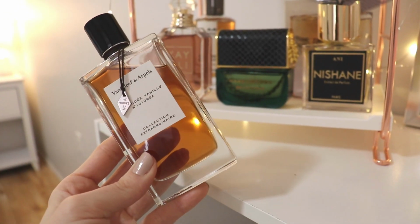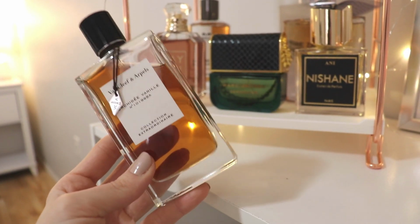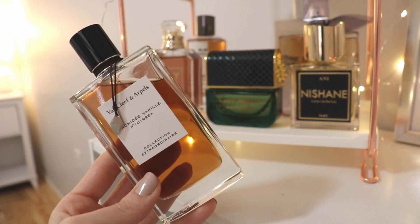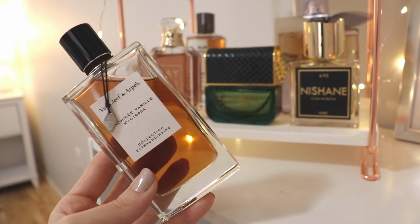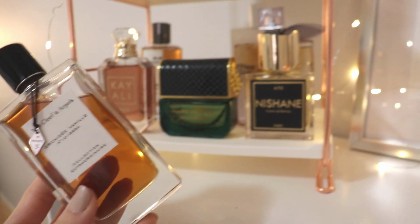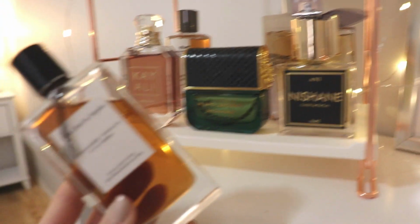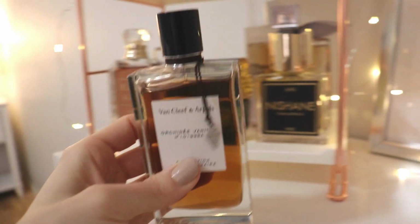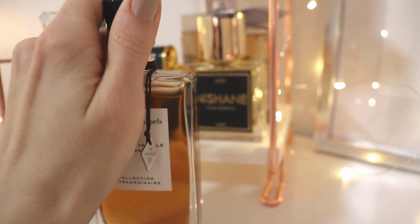And this is a bit of an orangey, chocolatey vanilla. This one's very cozy. It doesn't project super far and it doesn't last incredibly long. I think it's better than a lot, but it's nowhere near as powerful as the Nichane Annie. But yeah, I still get tons of compliments on this one. And this is just a really cozy, yummy